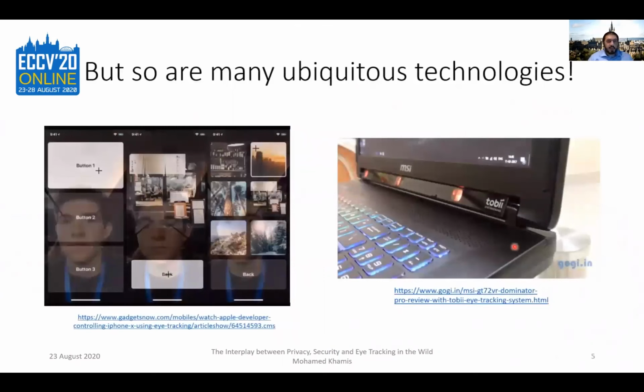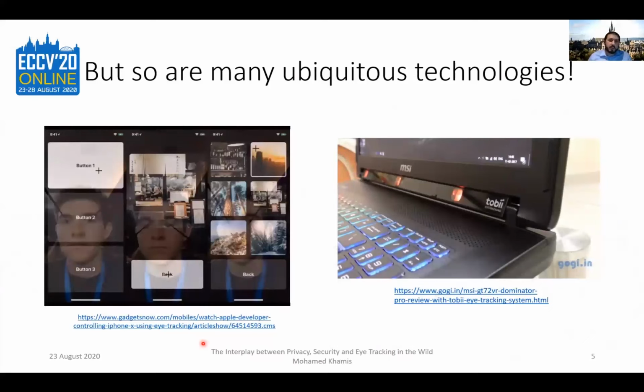So now we have eye trackers, they are becoming more pervasive than before. We have them integrated in laptops today. There are a lot of open source libraries for accurate eye tracking using RGB cameras that are integrated in laptops and the ones we use for webcams and so on. Also, mobile devices are developing so fast, and now you have a lot of smartphones that come with depth cameras or depth front-facing cameras, and these are very good for eye tracking, actually.